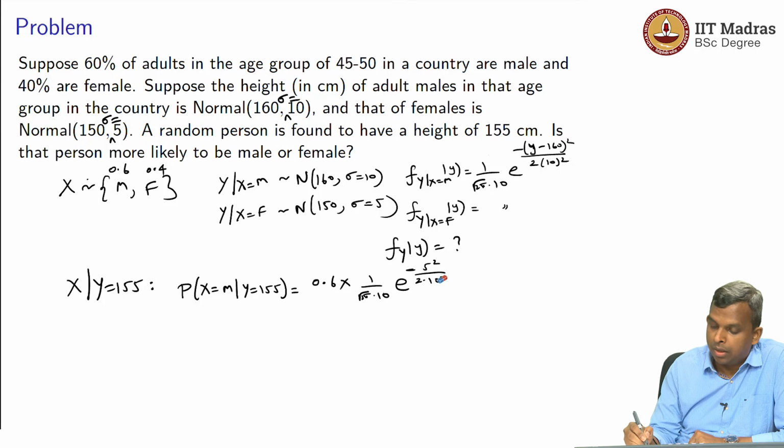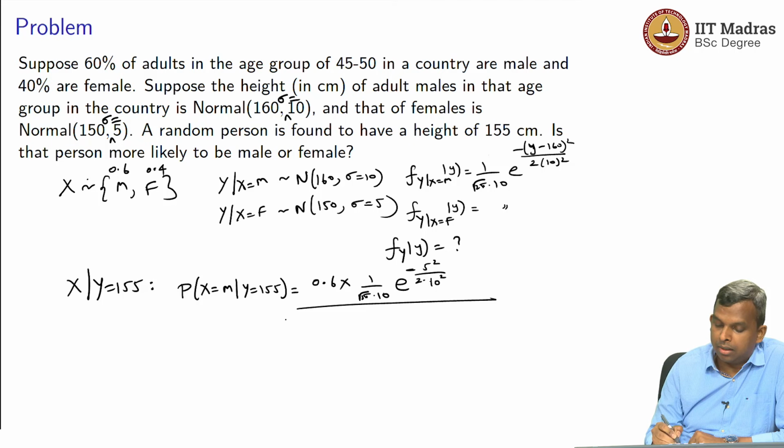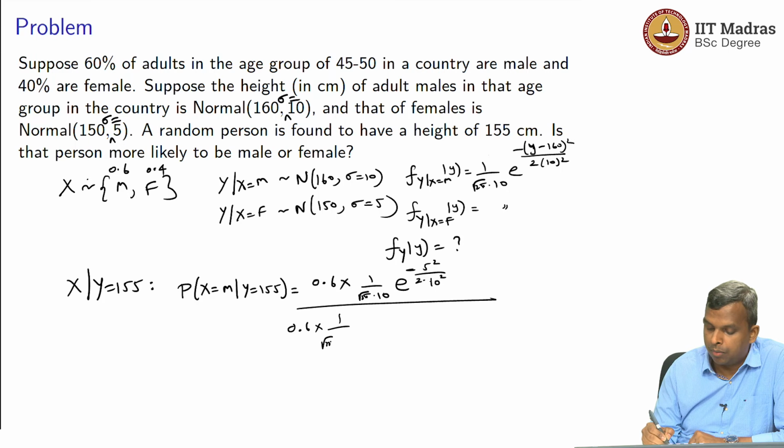That's the formula here. Divided by the density of Y evaluated at 155, which is 0.6 times the same thing, 1 by root 2 pi 10 e power minus 5 squared by 2 into 10 squared, plus 0.4 times 1 by root 2 pi